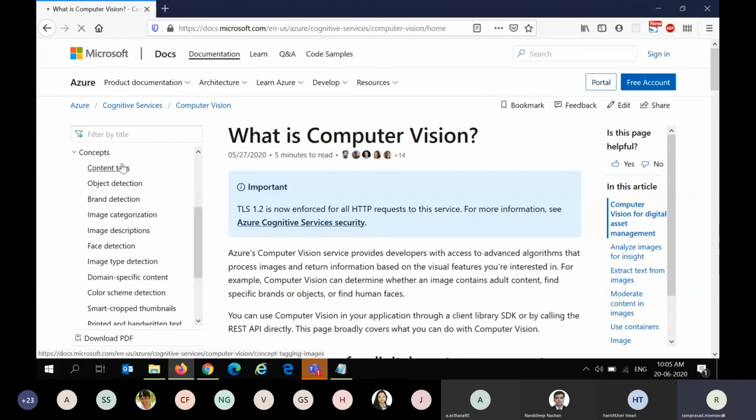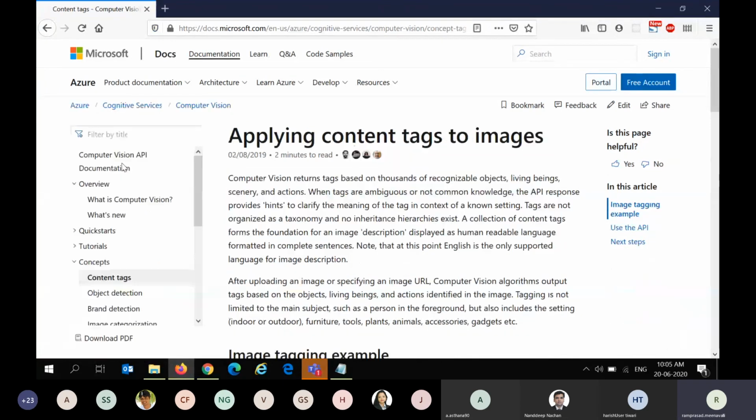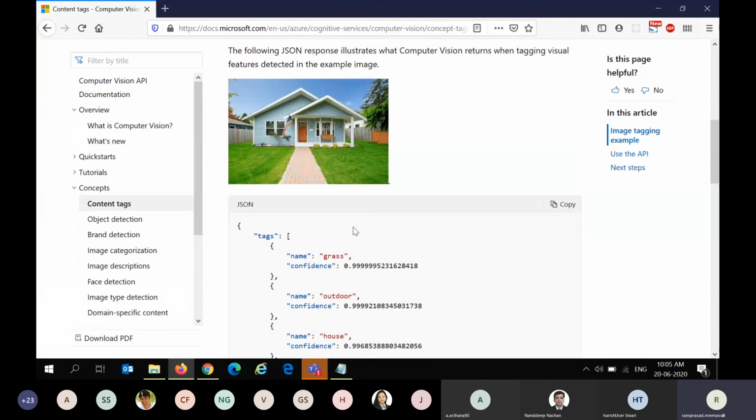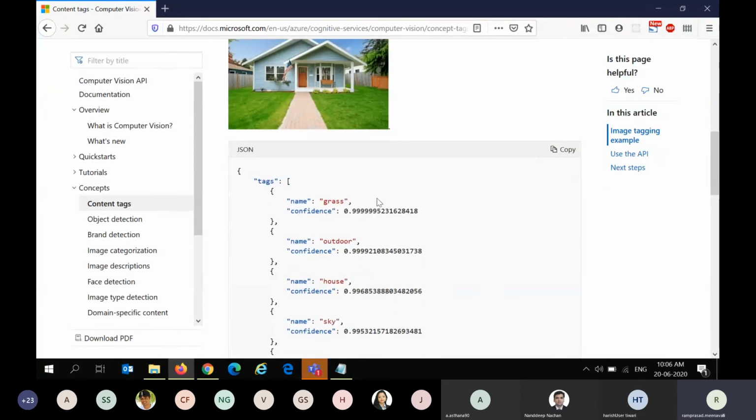I'll quickly go through this because most of this we will be using in our search center, right? So one is identifying tags. If we give an image, it will try to identify different objects or living things within an image. In this example, it's trying to find grass, outdoor, and whatever other things it is able to find. Another important aspect of computer vision, or in fact any other cognitive service from Azure, is the confidence score. It's really important to take care of this because sometimes you will get tags or any other metadata identified with a very low confidence score, which may not be really relevant.